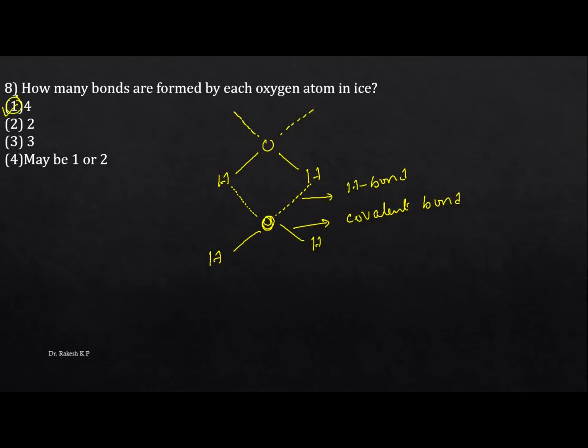Next one. The initial pressure of carbonyl chloride is 1000 torr. The total pressure of the system becomes 1500 torr when equilibrium is attained at constant temperature, where carbonyl chloride gives carbon monoxide and chlorine. The value of Kp for the reaction. Just go to the decomposition of this reaction here: carbonyl chloride gives carbon monoxide plus chlorine gas.